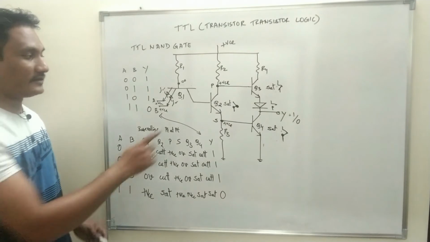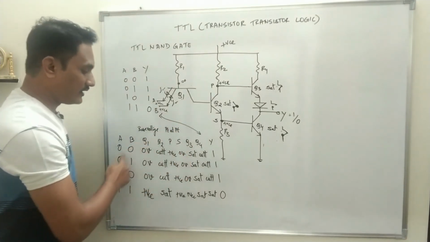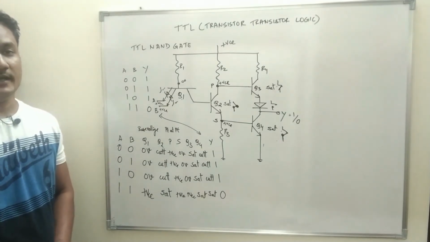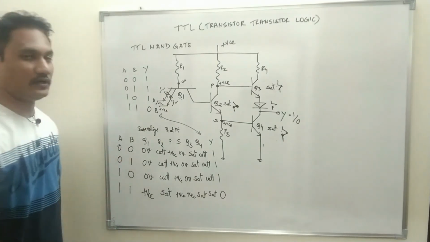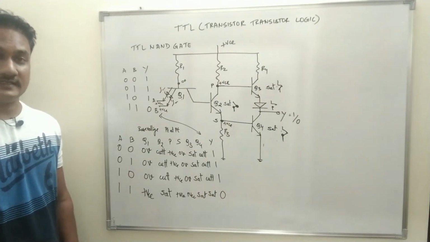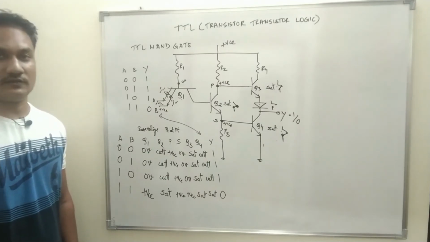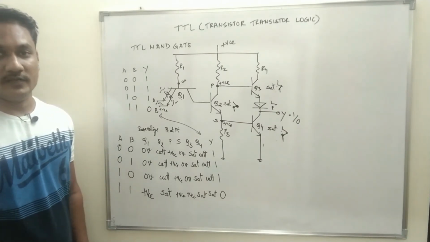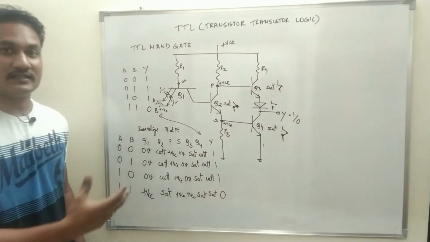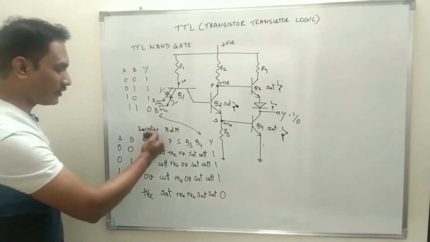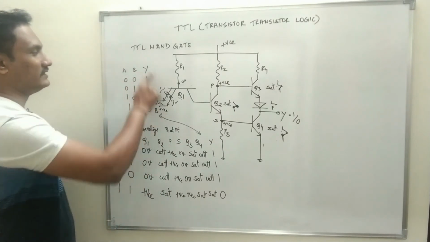As I said, you will draw the diagram. This is for your explanation. Just write, for example, condition 1, when A and B both are 0, what happens? Base voltage of Q1 is 0 volt. Transistor Q2 is in cutoff region, potential at P is plus VCC, potential at S is 0. Therefore Q3 is in saturation region, Q4 is in cutoff region, and output Y will be equal to 1. Like that you have to just make it a statement and write the explanation part for all the 4 conditions, and then you write this truth table.